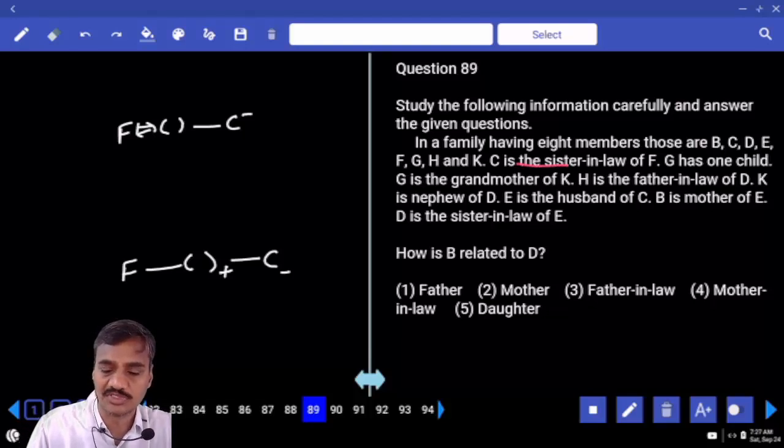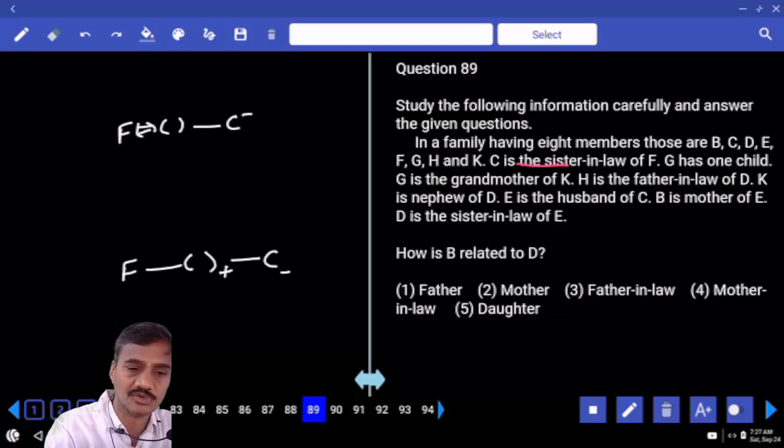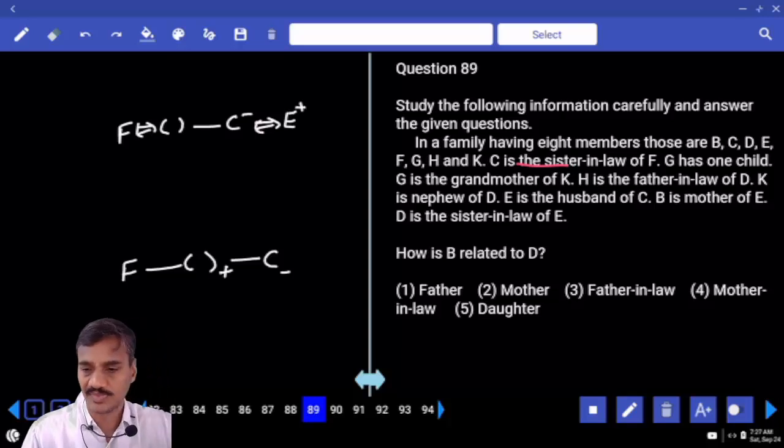G has only one child and G is the grandmother of K. H is the father-in-law of D and K is the nephew of D. E is the husband of C. Now who is the husband of C? C and E are married couple. E is the husband of C and